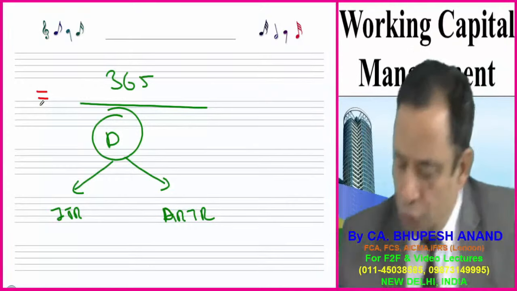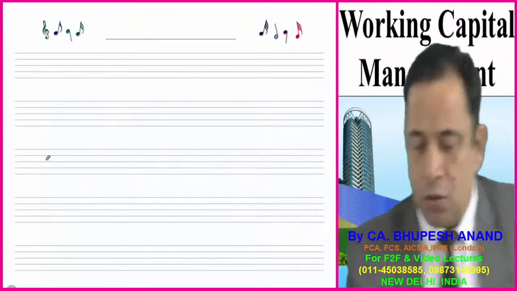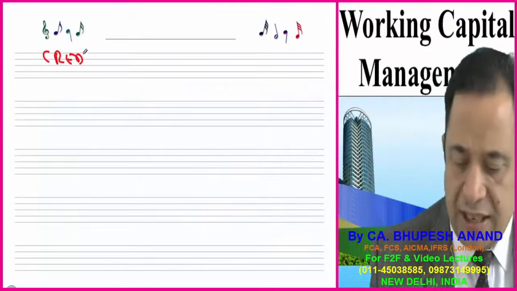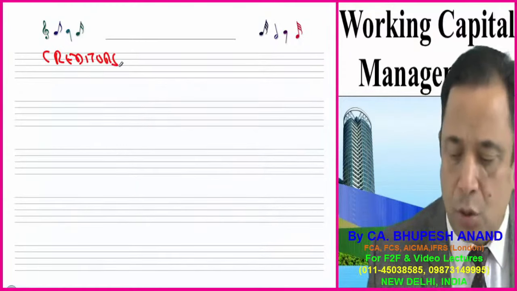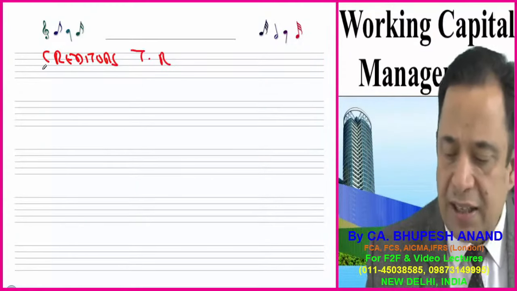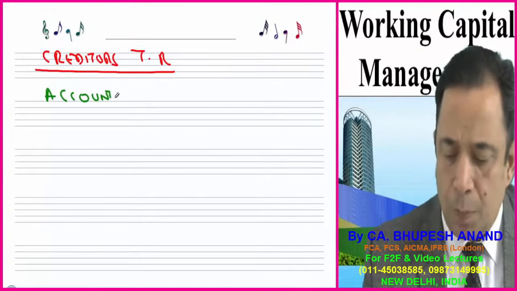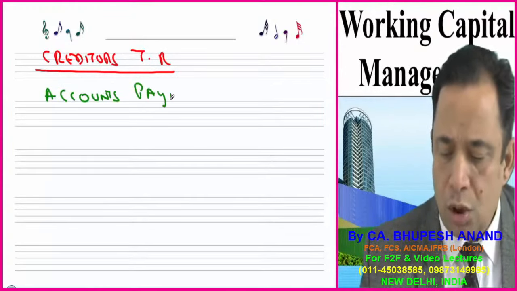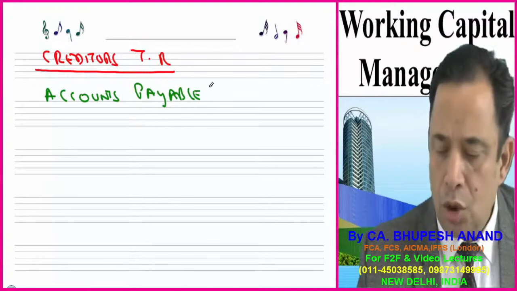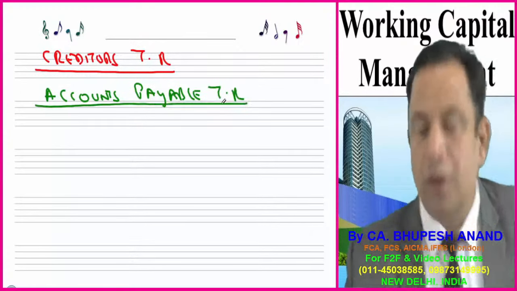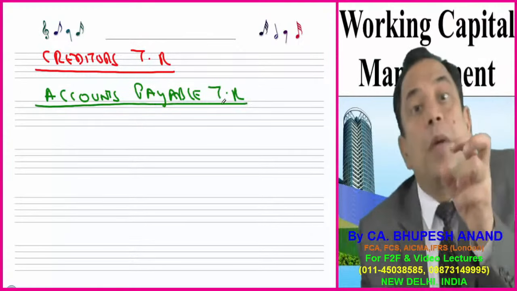So let's move to creditors turnover ratio. In today's lecture I want to tell you something about creditors turnover ratio, or I can say accounts payable turnover ratio. Now, what is the meaning of accounts payable? It means